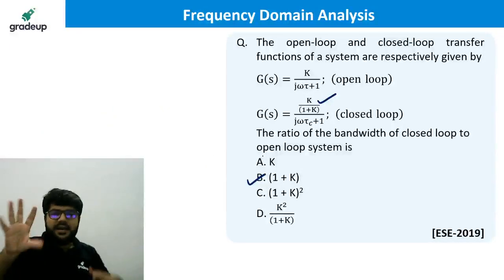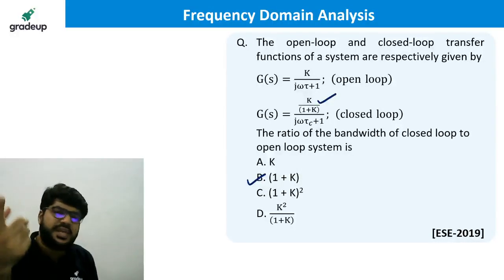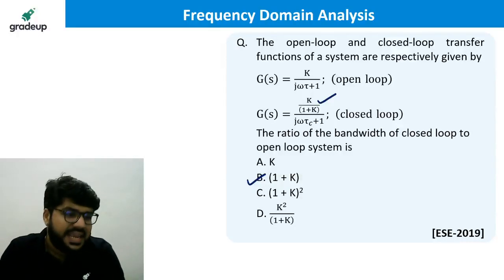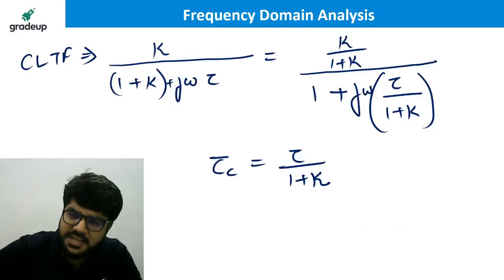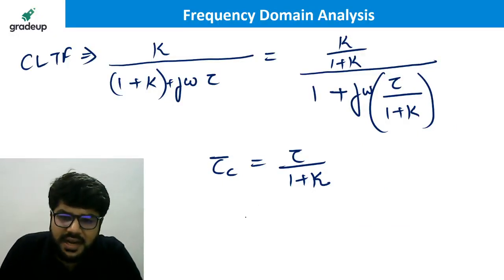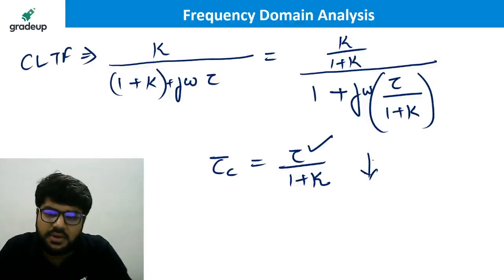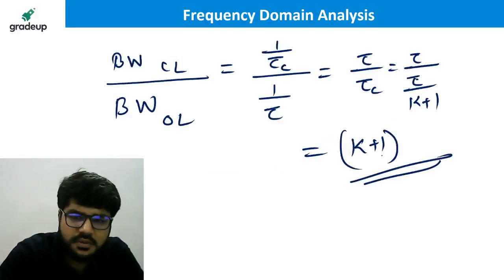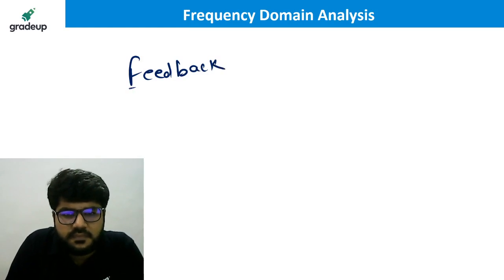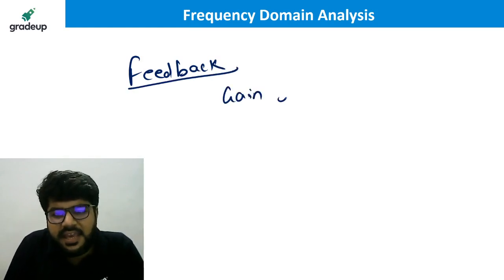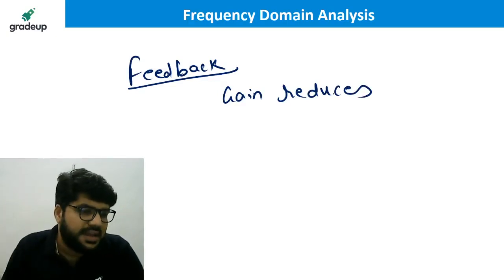More important than the result or the option, note that the bandwidth of the system actually increases. Can you please say what the effect on the time constant is? Already we have discussed this earlier, but here also you are able to see that the time constant reduces. Originally the time constant was tau, it is now tau divided by something. The time constant reduces. What all is happening because of feedback? Okay, the gain reduces. We have talked about the first two things. The gain reduces, K to K by 1 plus K.